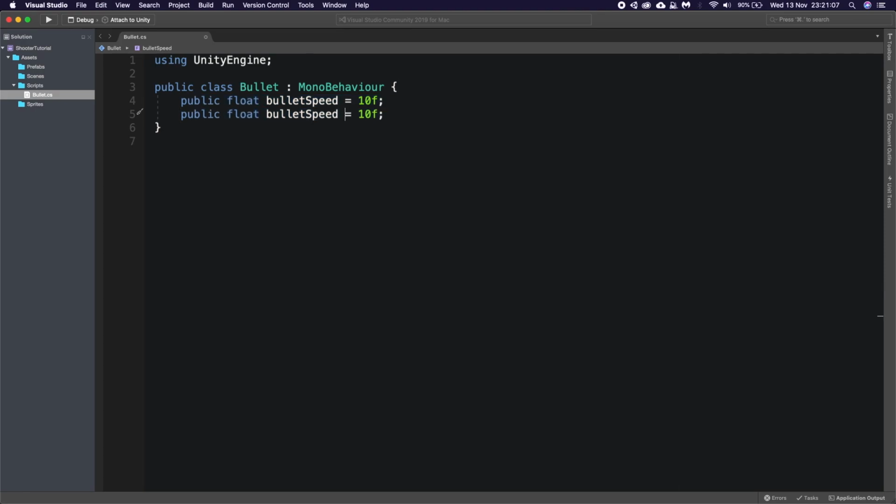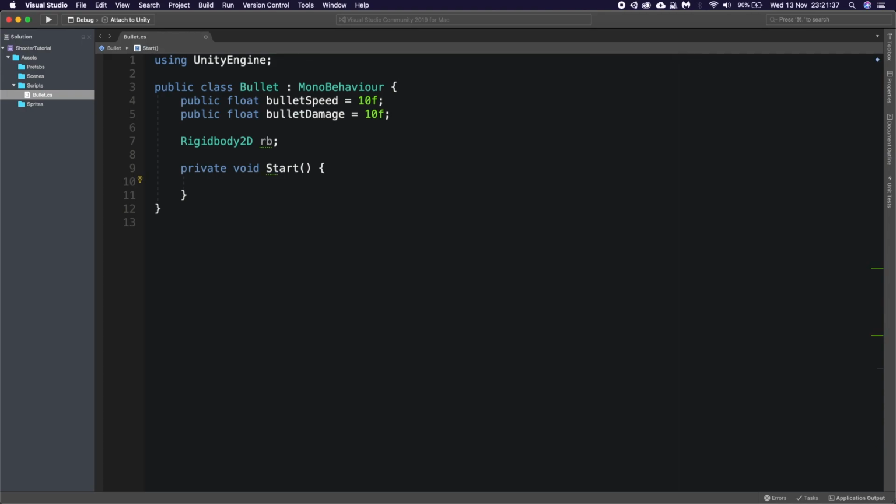And then we're going to have bulletDamage, which is also going to be 10f. Obviously, we actually don't use bulletDamage, but I just wanted to have it in there too, so you know that it's there. We'd obviously use that once we hit an opponent to apply the damage the bullet will do to the character, the person, the enemy. We also want a Rigidbody2D, and we're just going to call that rb. We're now going to call a Start method.